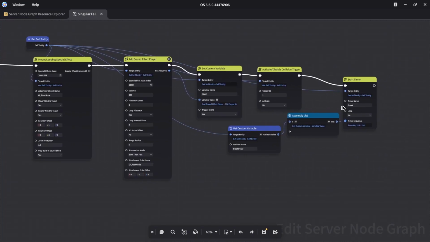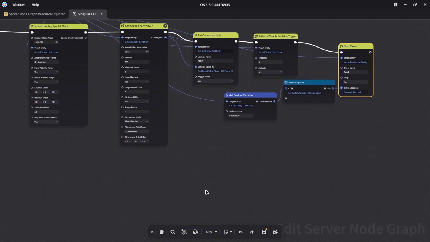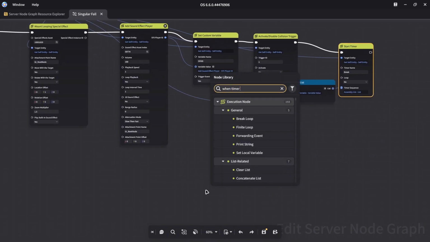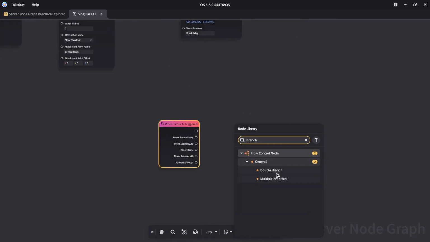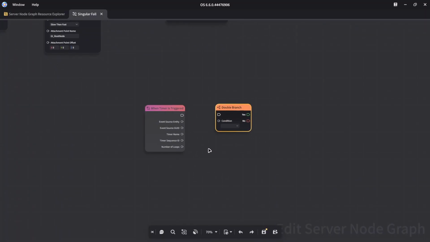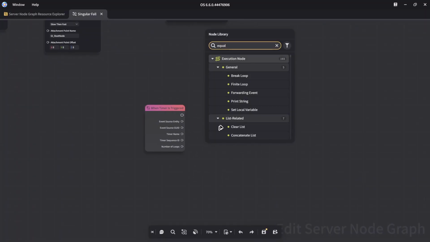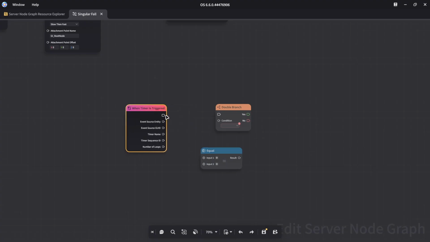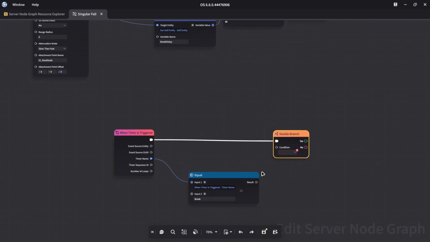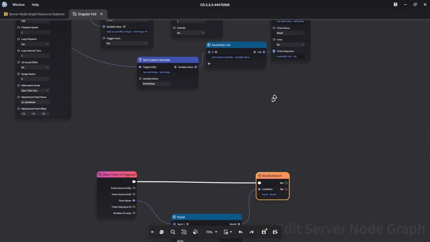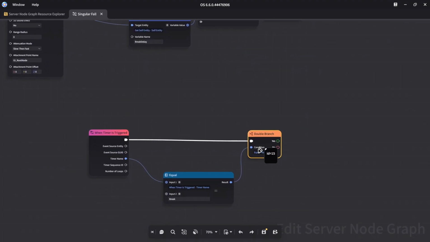Now let's do the usual when timer is triggered setup, so we know whenever this timer is up. And let's get a branch because we need to do an if check on the name just to make sure it is the right timer, because we are going to have several timers on this. And we'll run timer name into this one, and we'll put whatever we put in our clock up here, which should be break. And let's feed that in. And now whenever this timer goes off, it'll check the name, and if it matches, out of the yes pin